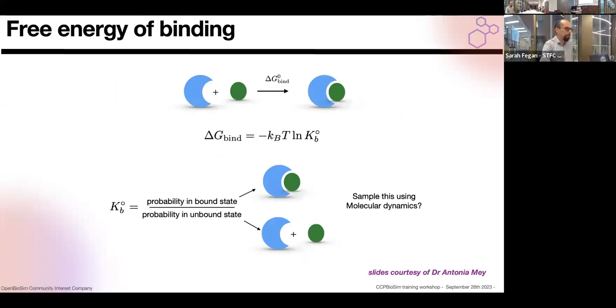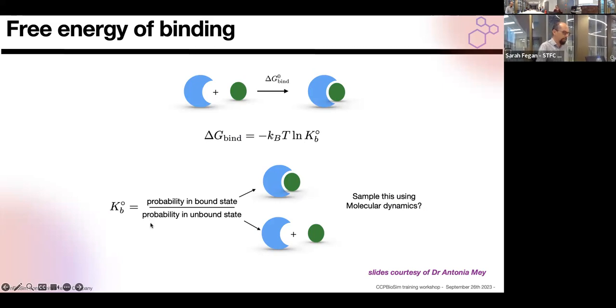So just to be a little bit more specific here, what are we interested in? We're interested in computing these quantities, the free energy of binding for the reversible, non-covalent association of a small molecule to a big molecule. We can relate that to a binding constant,